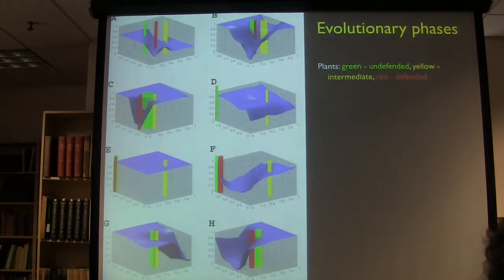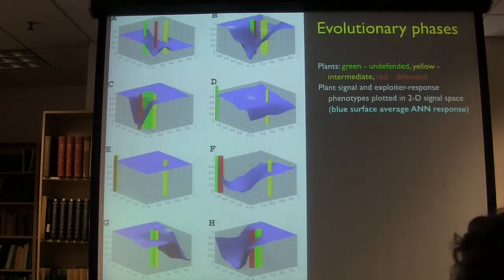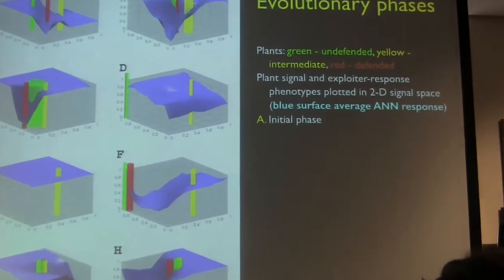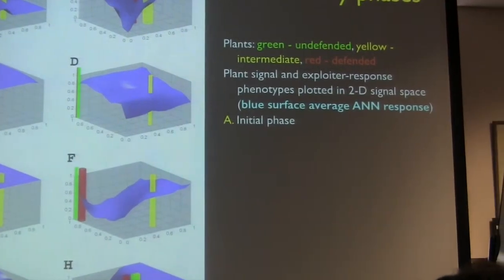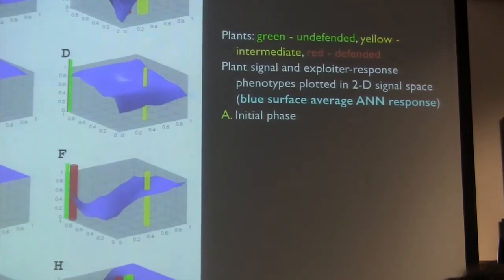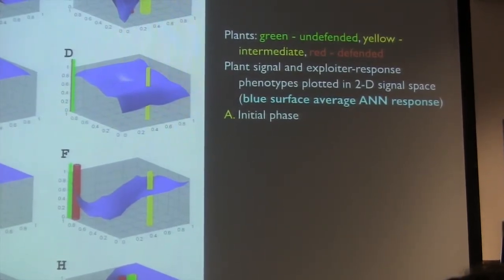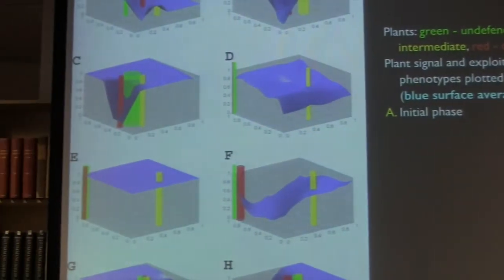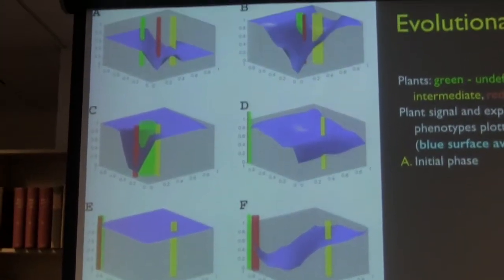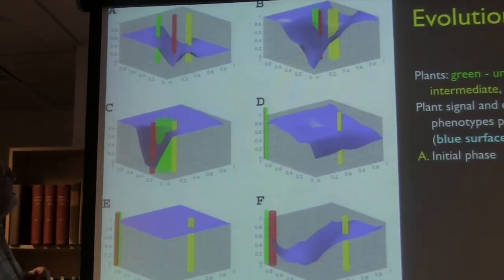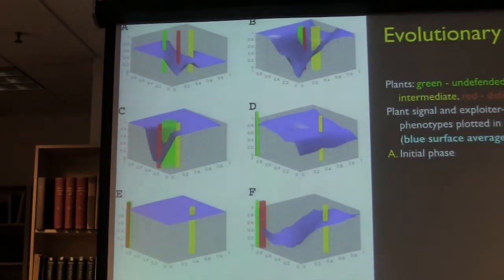So what happens as you go through this process is, first you initialize it, and you put your plants down with a little bit of variation in different places, and your average individual is not responding particularly to anything, except that after you run it for a little bit of time, you can see that the average individual is starting to avoid the red plants in the middle.